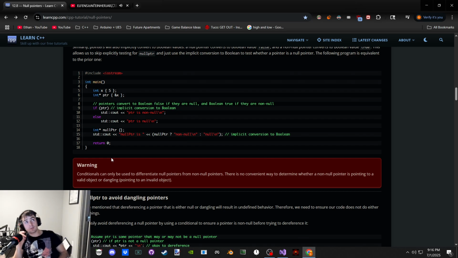Gotcha. So if I was comparing it to something, I couldn't necessarily tell what it's pointing at unless I know that that object exists. If that object doesn't exist, like let's say the player died, and then they're looking at the player's body, maybe I don't want them to be targeting the player. Like if you're in Dark Souls and you press a button and it updates your pointer to point towards the next object that you're targeting, you don't want to be targeting the dead body. So the condition doesn't tell me if the object they're pointing to is valid, but it could tell me the object that they're pointing to.